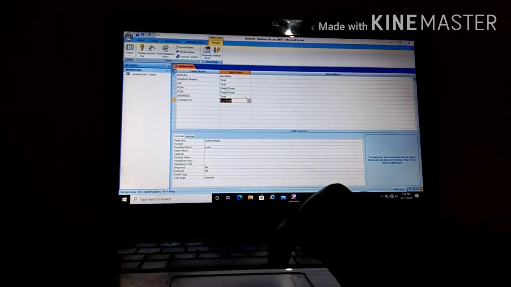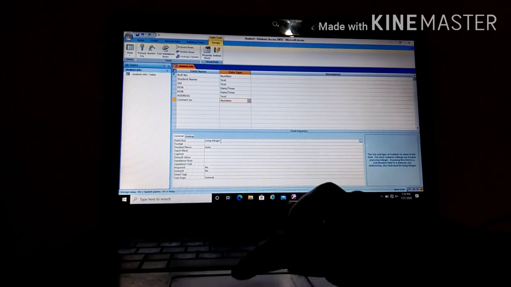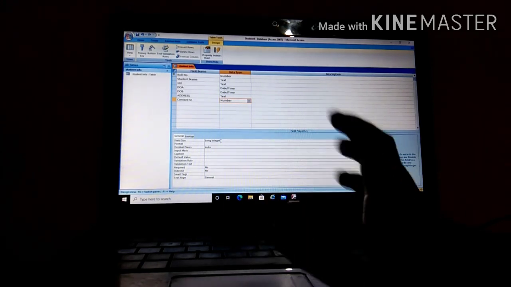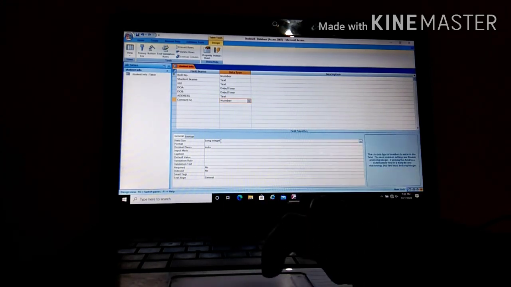The problem is our general mobile number consists of 10 numbers, but when you select the number, here there is an option field size, long integer. Long integer accepts only 9 digits, but our mobile number contains 10 digits. So we have to increase the size of that number data type.